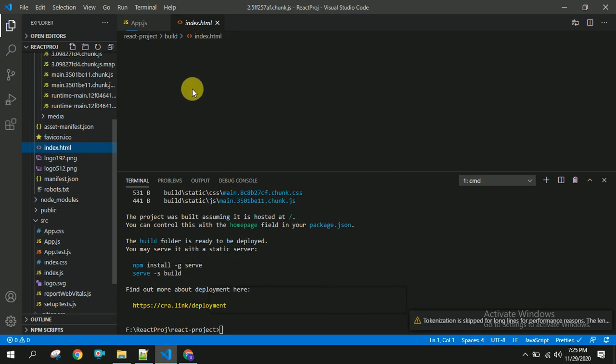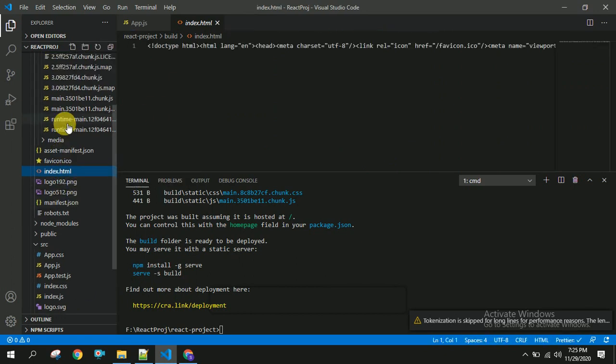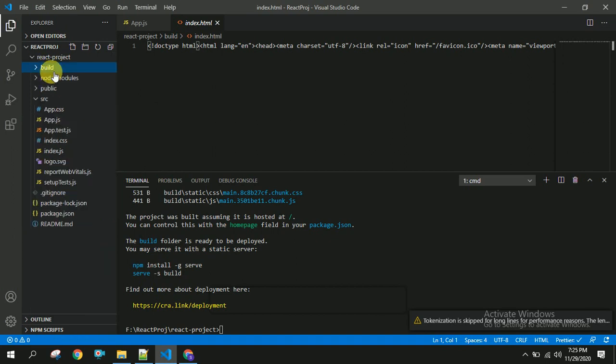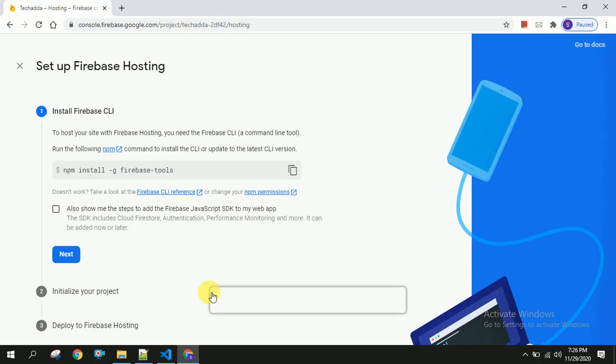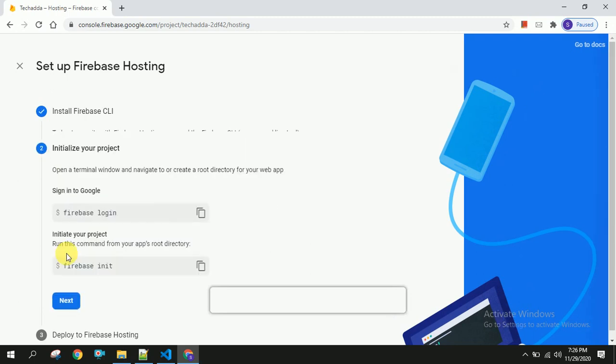This is the main thing here, and you can have all the images, logos, etc. Now we will execute this command. Until then, you can go back to your browser, and you can click on next.